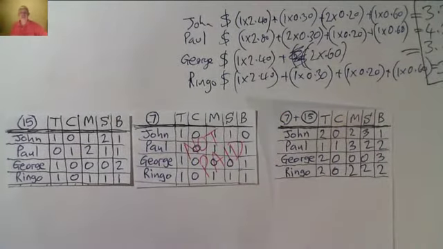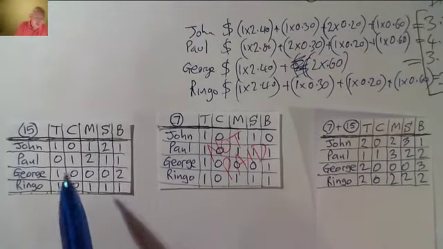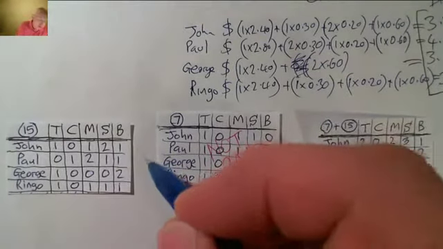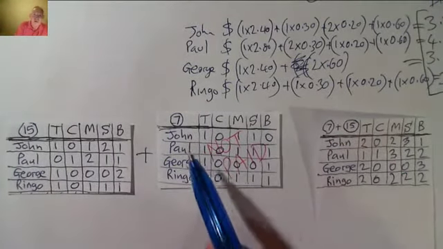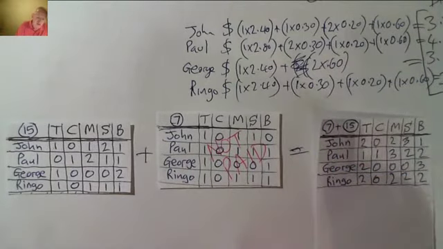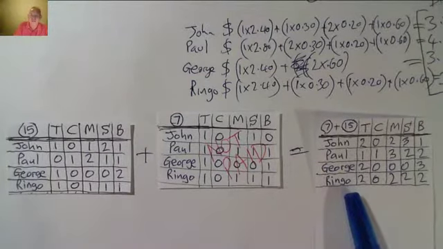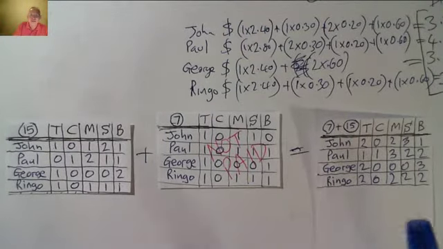Okay, so that was pretty painless, but now let's see what we've done. We've taken this order from this week and we've added on the order from last week, and we've arrived at a new order that we can now take through to the cash register. So it's a fairly straightforward procedure. I think you can see that